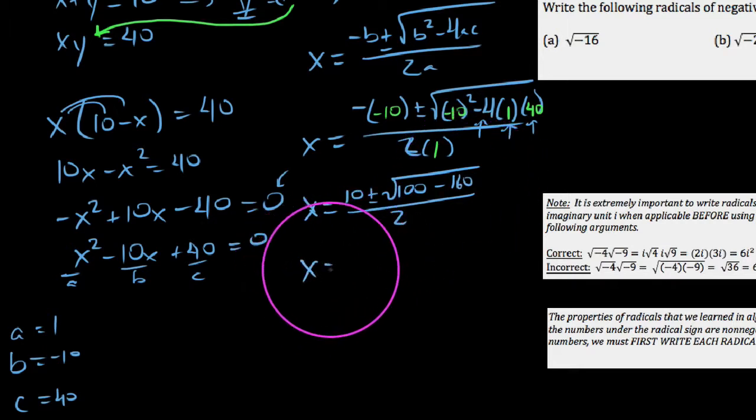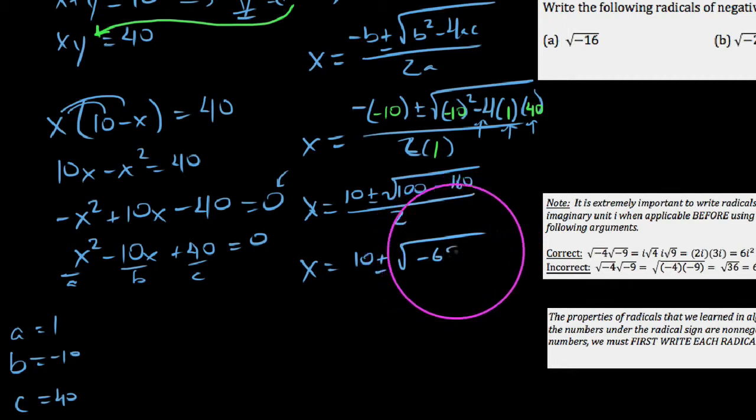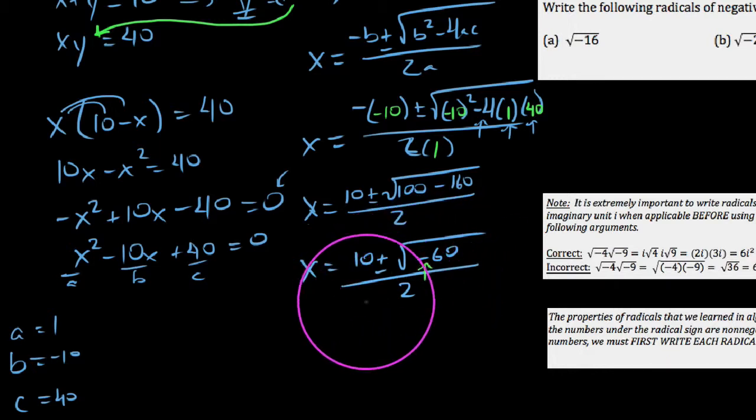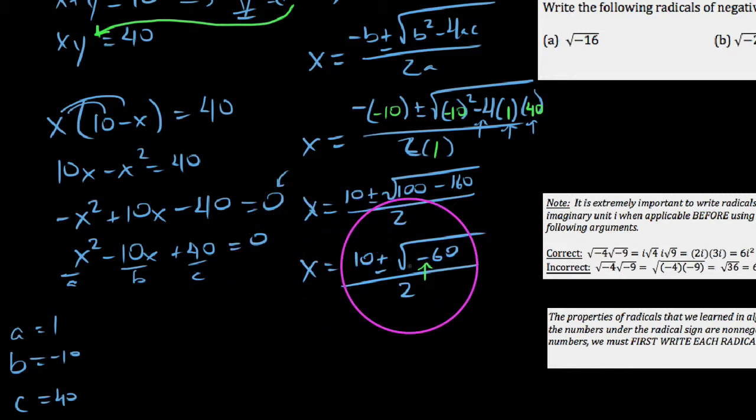So essentially what we see here is this. We get two solutions, but the solutions happen to be 10 plus or minus the square root of -60 over 2, which isn't very helpful here given the fact that I have a negative inside my radical. So this gives birth to the idea of imaginary numbers, and essentially it does so because what you see is